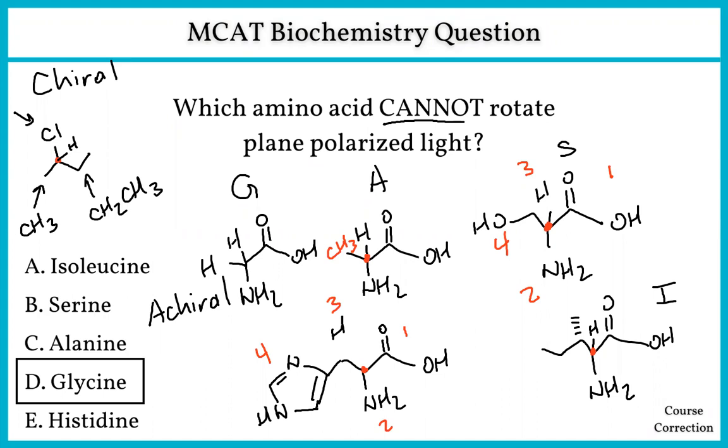So the quick recap to be able to memorize something like this is which molecules rotate plane polarized light? Chiral molecules can. Achiral molecules cannot. More importantly, an additional thing you can memorize is of the 20 common amino acids, glycine is the only one that is achiral. So if you ever do encounter this question, it should be pretty easy points instantly in a